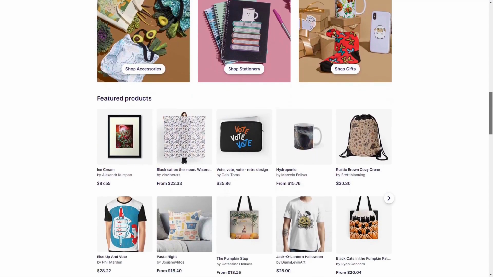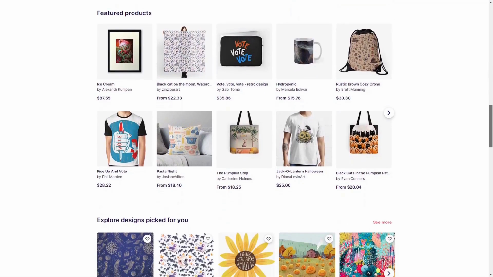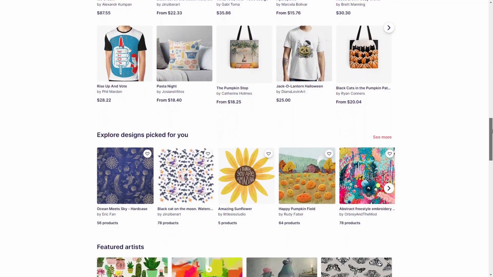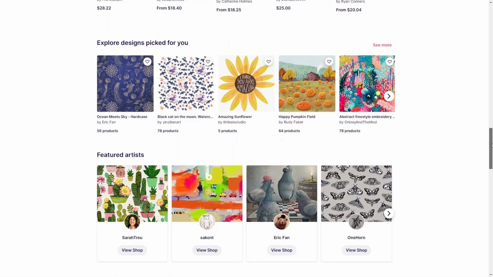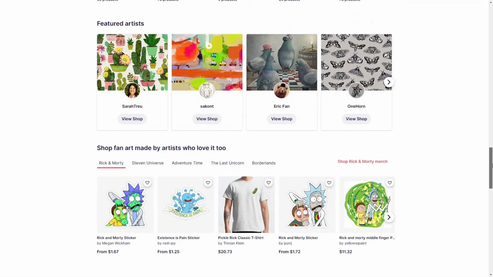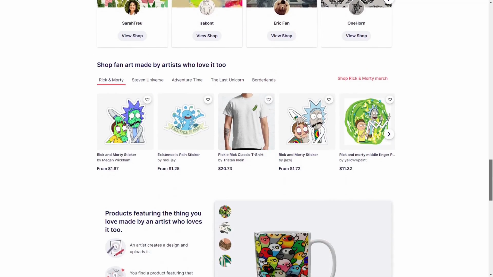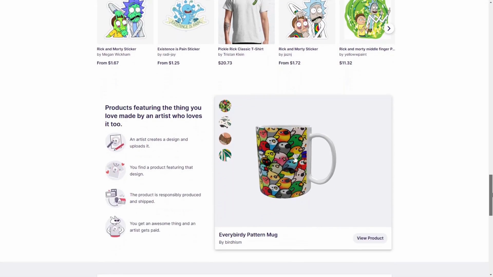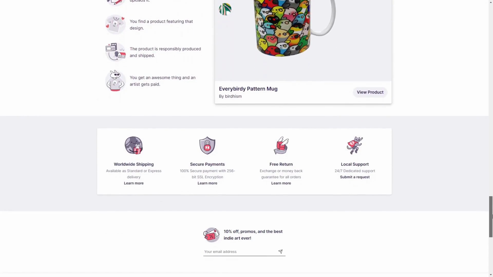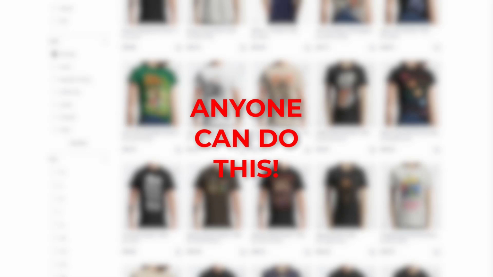If you are new to print-on-demand, it is essentially when you upload a piece of artwork to a website. When a customer finds and likes your artwork, they will buy it. But instead of you having to print it out and shipping it to the customer, a Redbubble factory does the whole manufacturing and shipping process for you, making your job much easier. But don't worry, you don't need to be extremely talented at making art online. Anyone can do this. This website was made for anybody with a computer to be able to upload art and